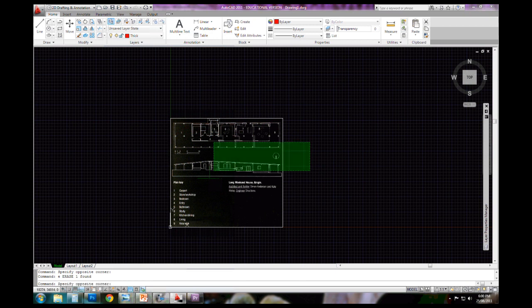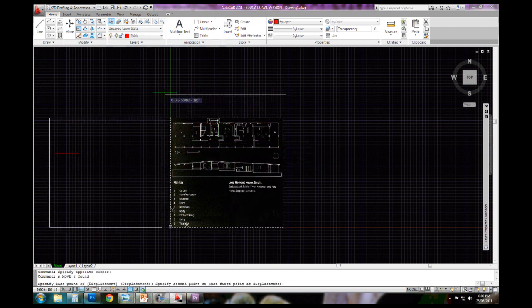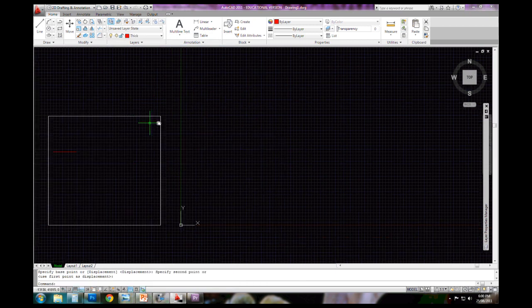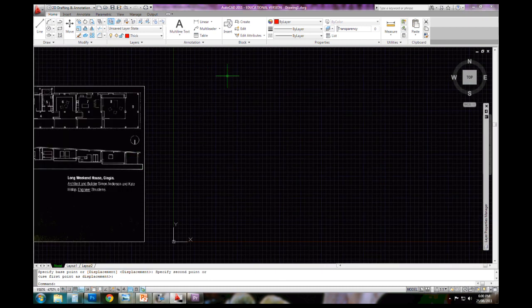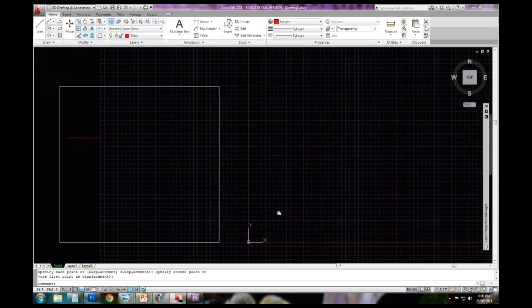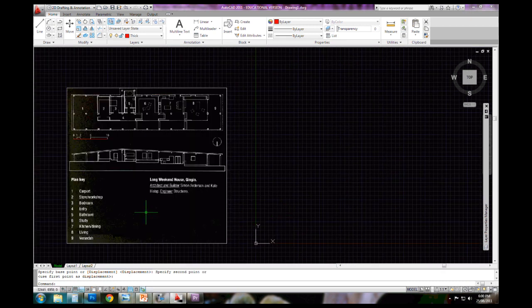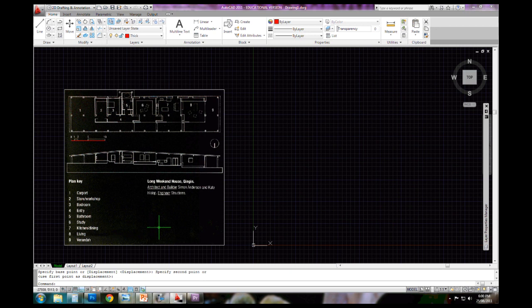Right, so what I'm going to do is I'll just move this to the side. So M for move. I'll chuck it over here, right? And I'm going to actually draw in this area. Now what I can do is, just in case you haven't got the idea that I'm getting at,